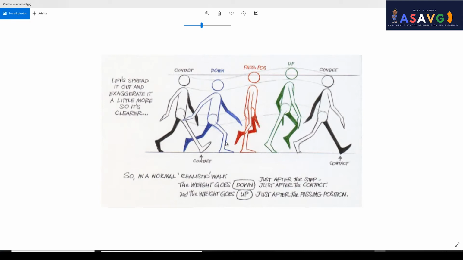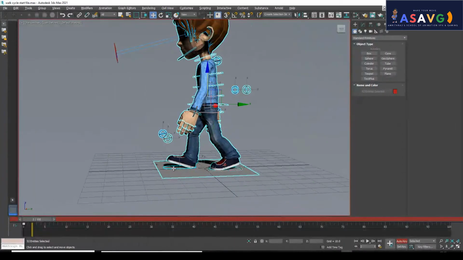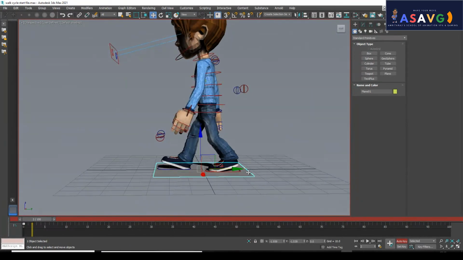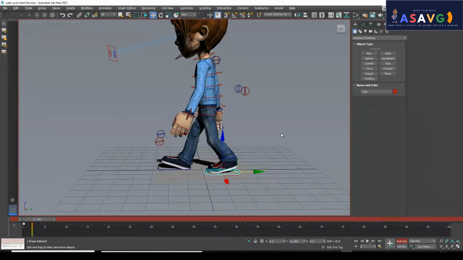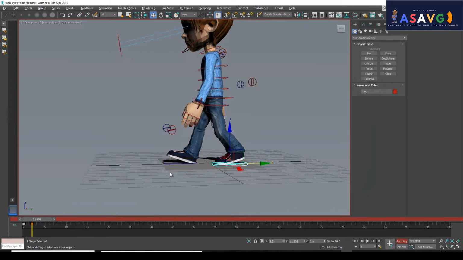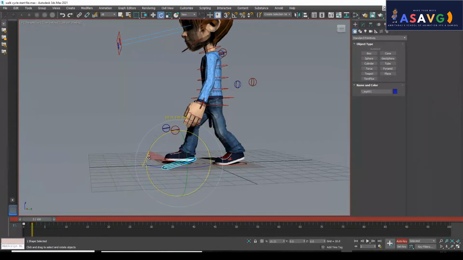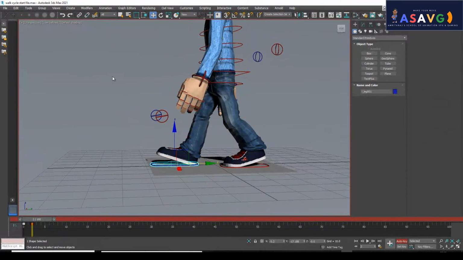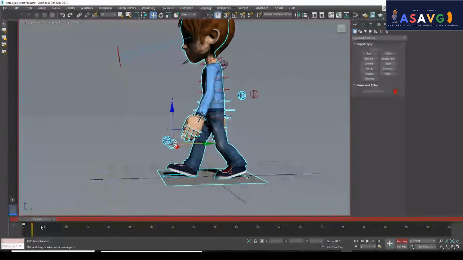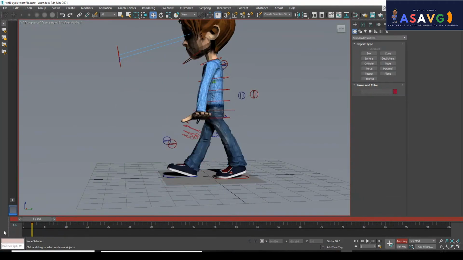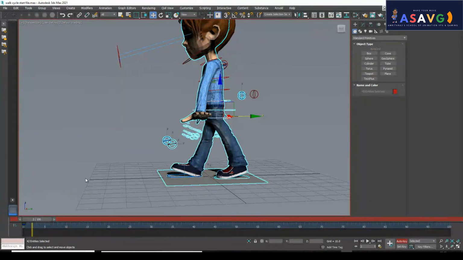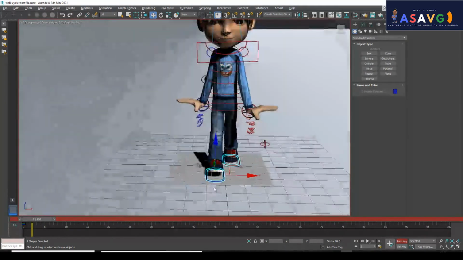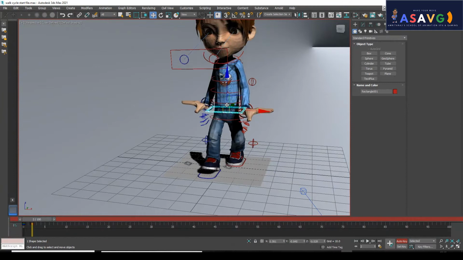The leg is here and the leg is right here. So I will be fixing the leg like this. I am clicking this character and just moving him, and it is moving. The second control should be like this. Then it will be down, and I'll make it a little bit up. Then I am going to copy the full keys. If you want, you can do it like that, otherwise it is not a big issue. Just delete the keyframes, and if you are only concentrating on these two controllers, I am only concentrating on these two controllers. So I am making the hip like this, stiff.